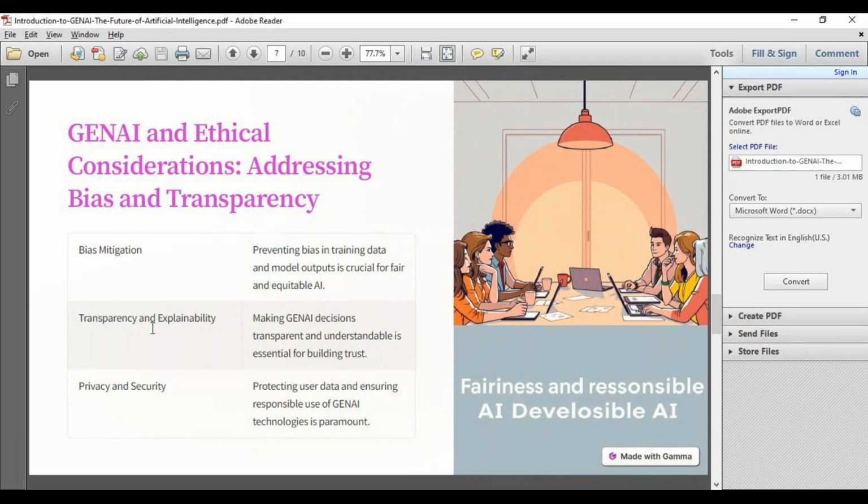Is it clear what bias means? And then the transparency and explainability point of view. Whatever decisions the GenAI application is giving, you should be able to correlate the response. Maybe what I'm trying to say was,